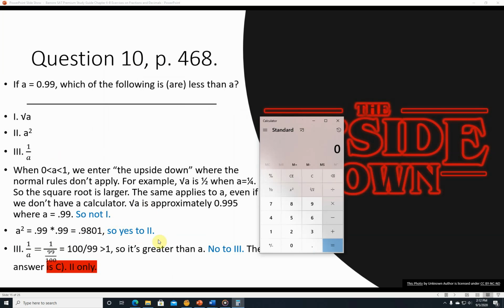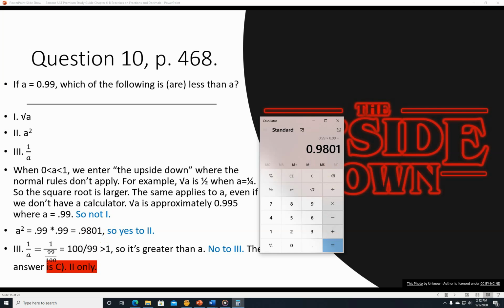Okay, 2, a squared. Well, okay, we go 0.99 times 0.99. We get 0.9801. So 2 is less than a. And then,